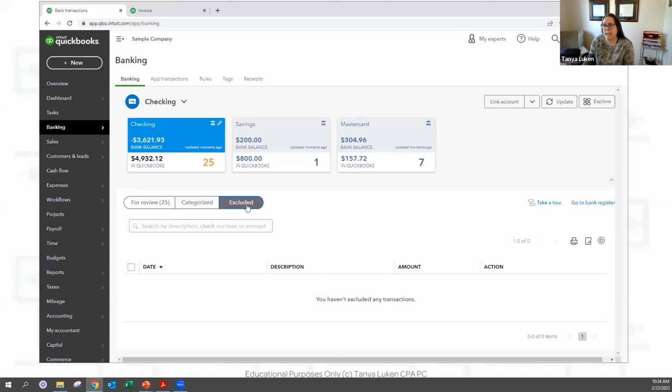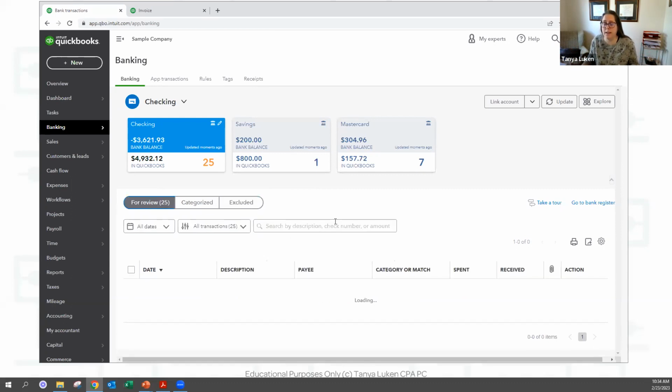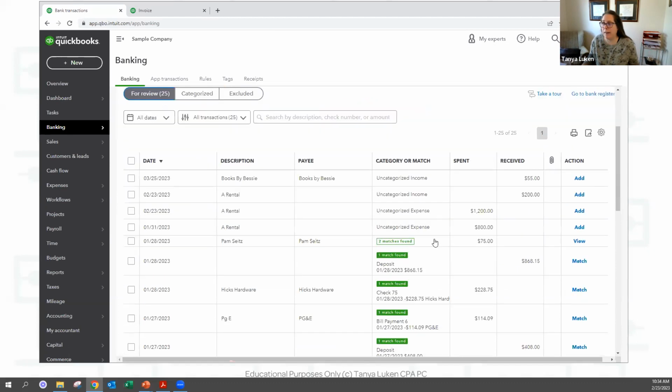The Excluded list is for when, let's say, something goes kaflooey at the bank and they change something and then the links break. And so you don't get any new transactions importing into QuickBooks for a week. And then the bank fixes it on their end, and all of a sudden all of your transactions show up one day, but you have duplicate transactions. It's very rare that it would happen, but it has happened to me before.